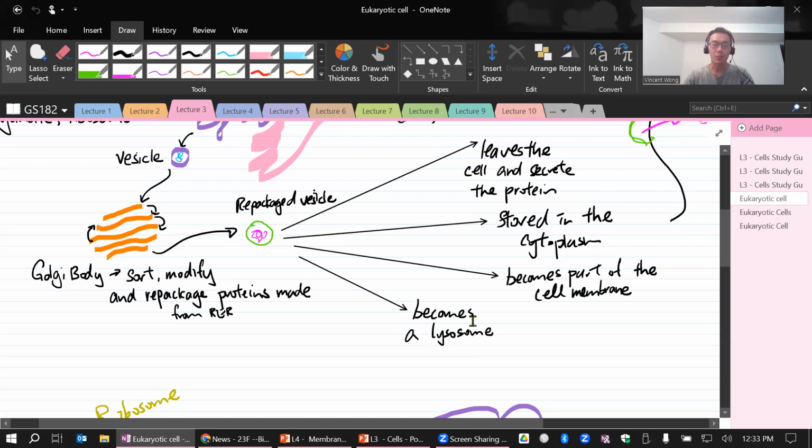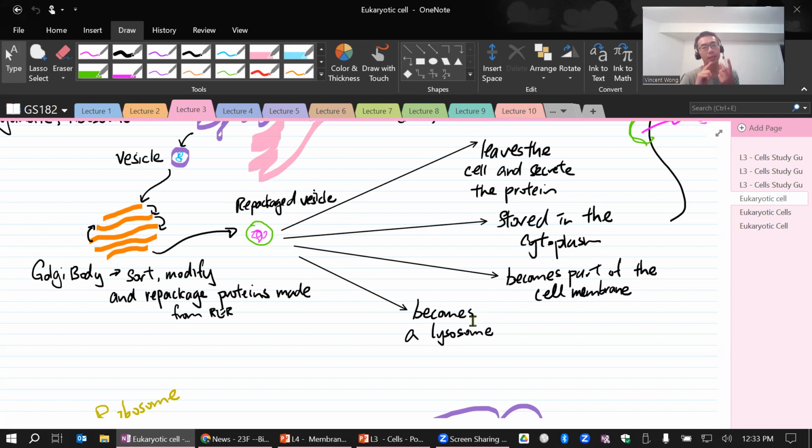The lysosome is responsible for breaking things down. It could break down macromolecules. It can break down worn out organelles. If the cell ingested something like a bacterium or a food particle, the lysosome will also be able to break those down. Okay, inside the lysosome is a mixture of enzymes,